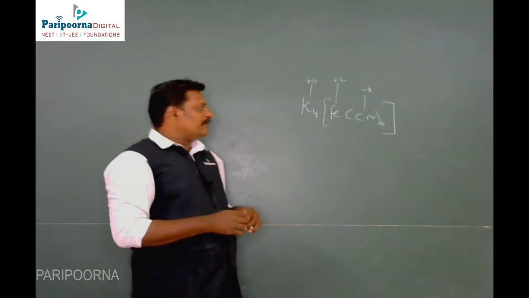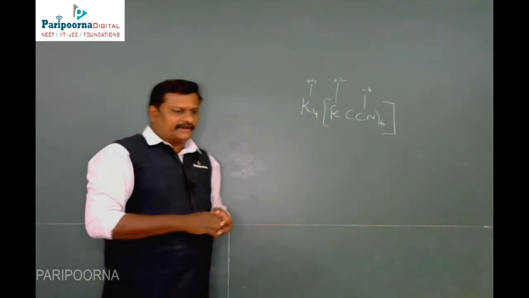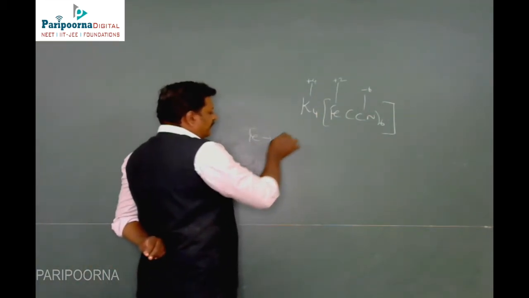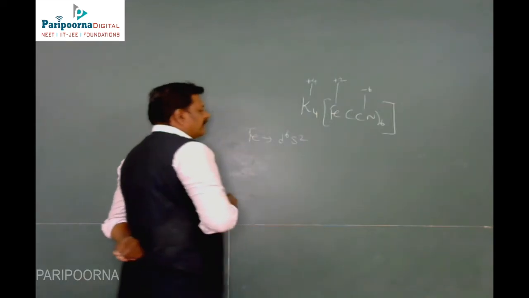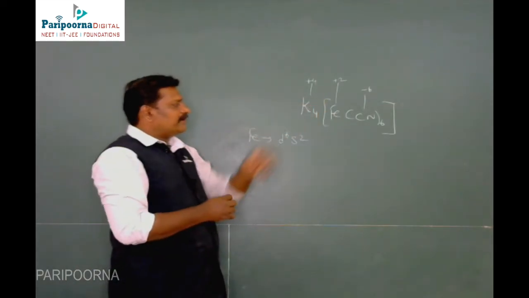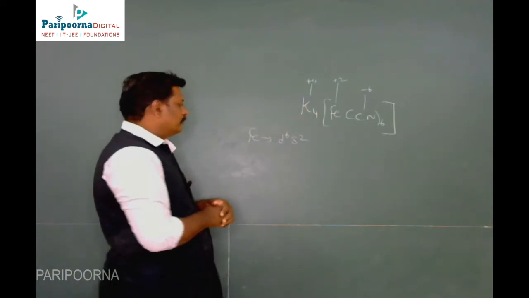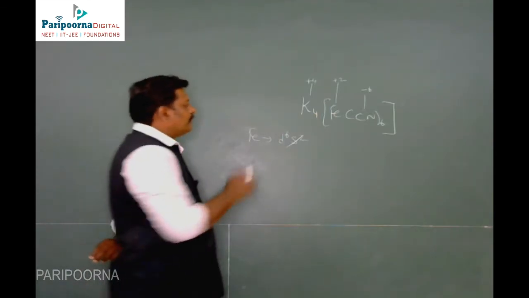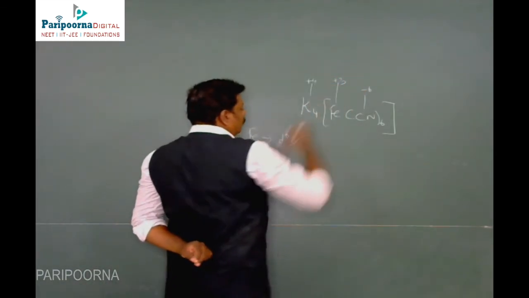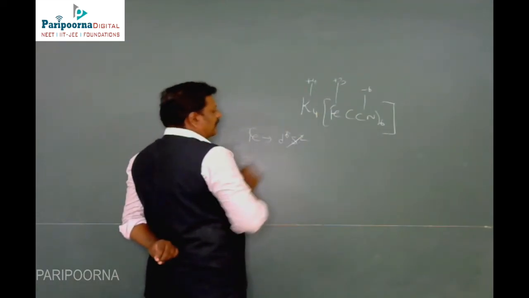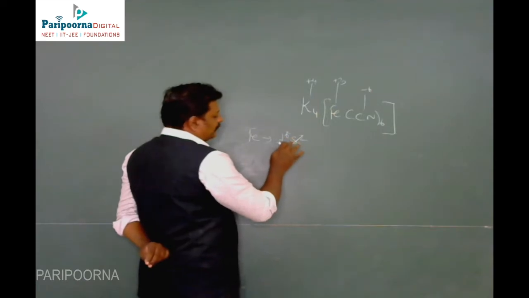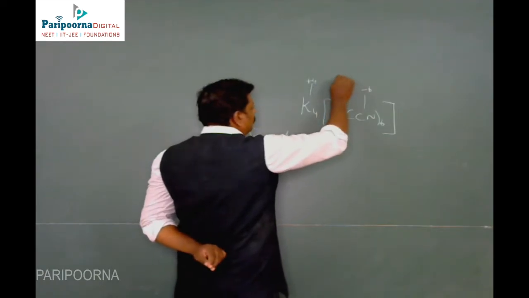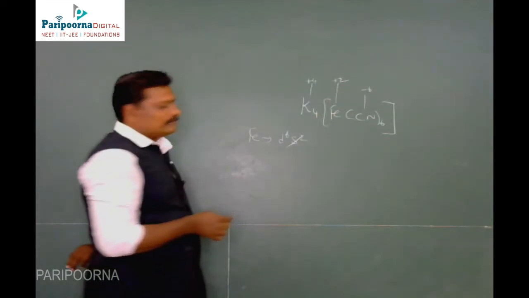The next step is to write the electronic configuration of the central metal, which is iron. The electronic configuration is d6 s2. You know the oxidation state of iron here is +2, so I can remove the 2 electrons from the s orbital. Suppose the oxidation state is +3, then I remove 1 electron from the d orbital also. Suppose it is +4, then I can remove 1 more electron. Now the oxidation state here is +2, so I remove 2 electrons.